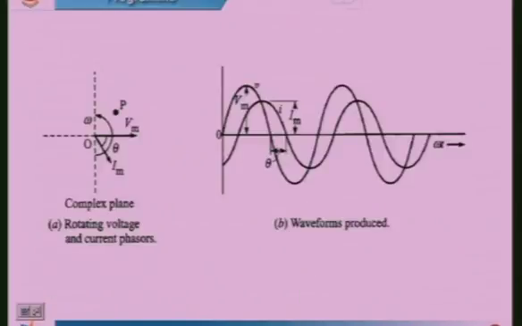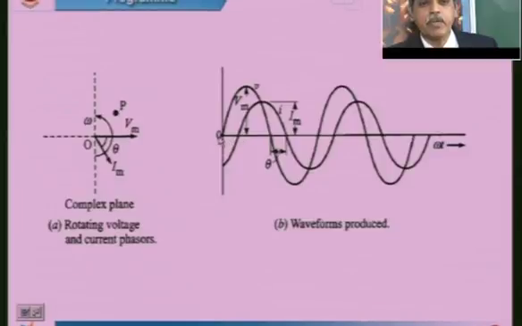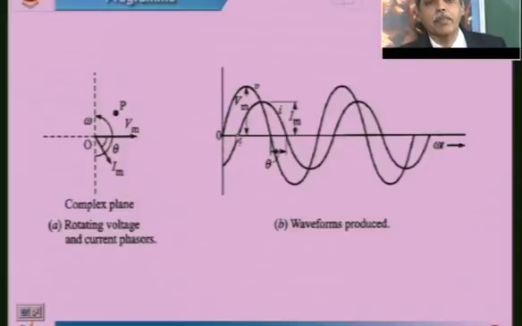So here you see, in this waveform the current is lagging behind the voltage by an angle of theta. That means first the voltage becomes 0, and after 30 degrees, or theta degrees, the current becomes 0, okay. Like that, this theta degrees of difference between the zero values, or between the maximum values of the current and voltage, remains constant throughout this waveform.